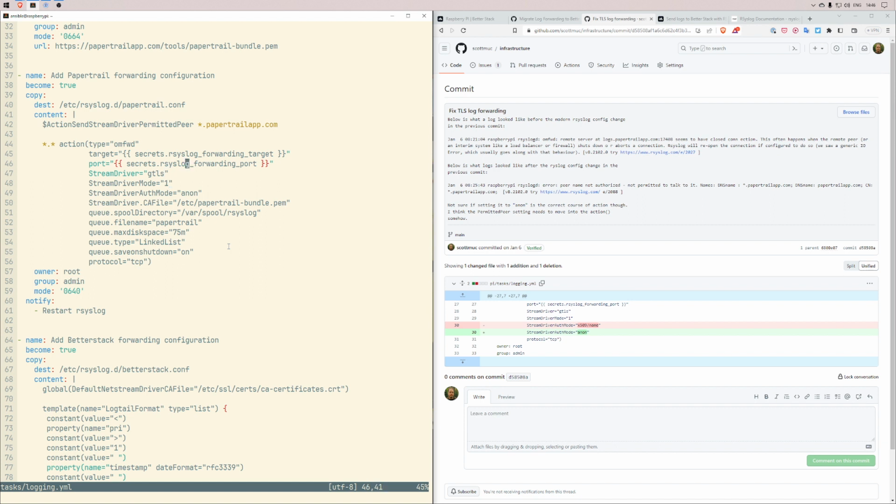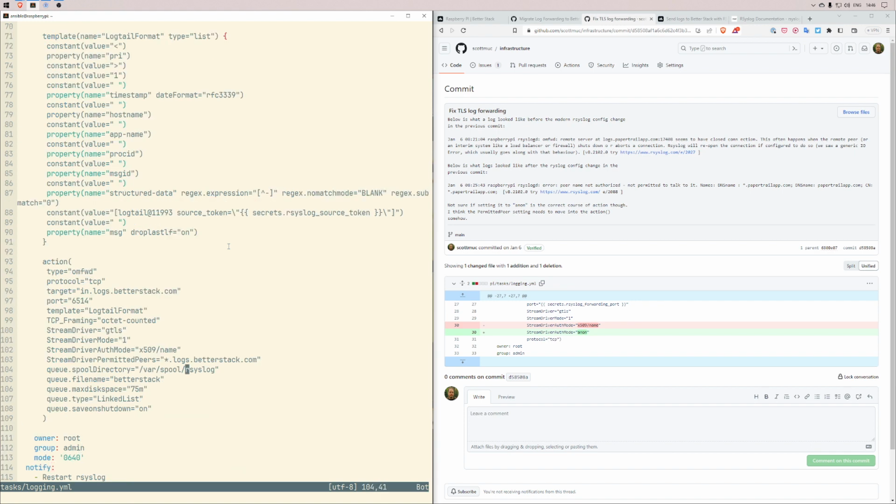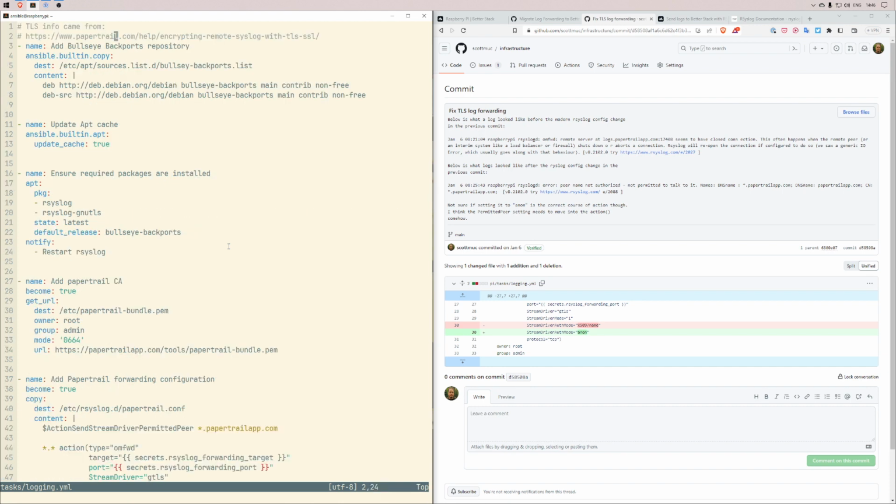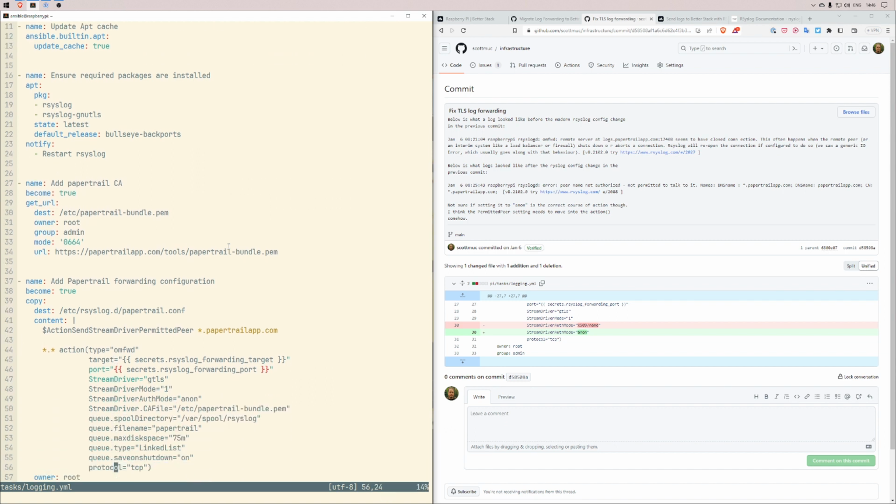I think it was a mixture of this configuration, but when I look at BetterStack, it uses stream driver permitted peers, whereas this is using stream driver permitted peer. So I don't know. This is me needing to review the configuration, but I think I can bring this back to use X509 name-based authorization or authentication,